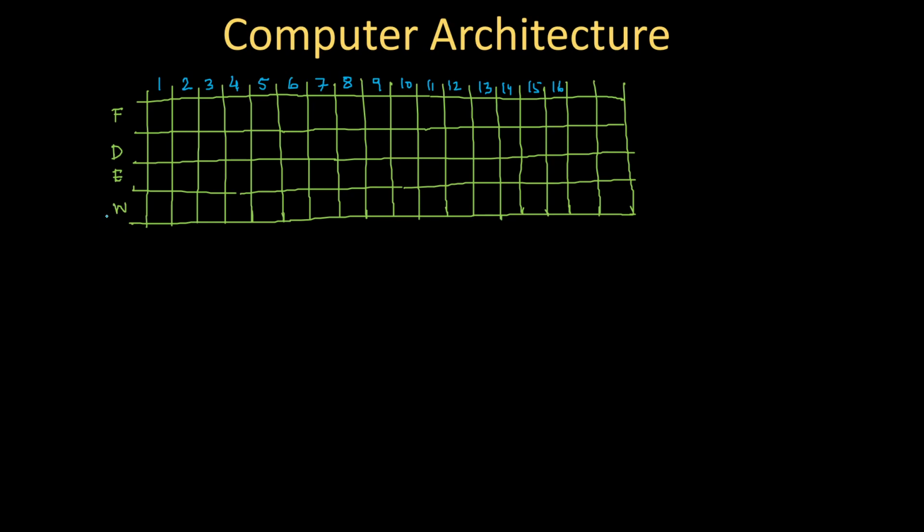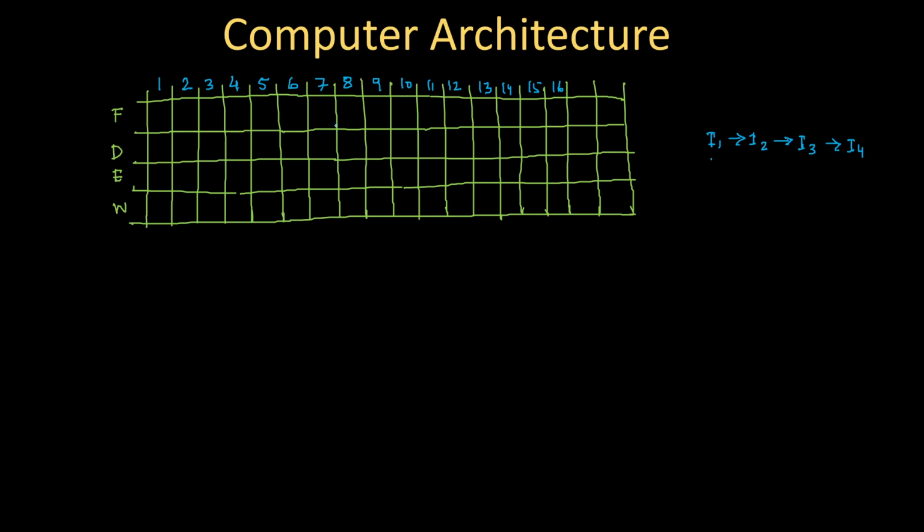Okay, and suppose I have 4 instructions, I1 followed by I2 followed by I3 followed by I4. These are the 4 instructions. Any 4 instructions, forget about any dependency in between them. Maybe this is x equal to 10, then it is a equal to b plus c, and this is y equal to 50 and something like that.